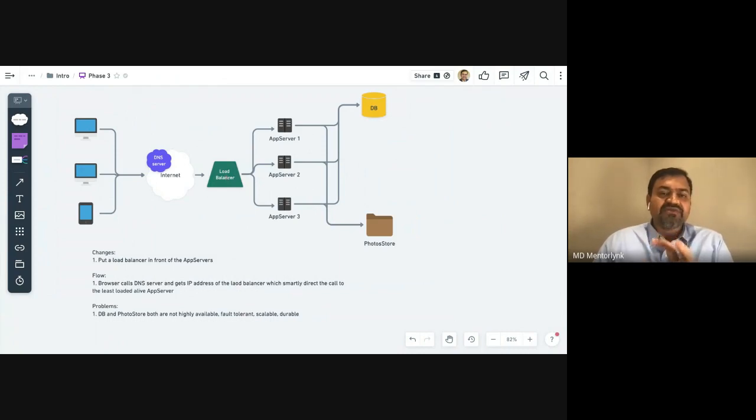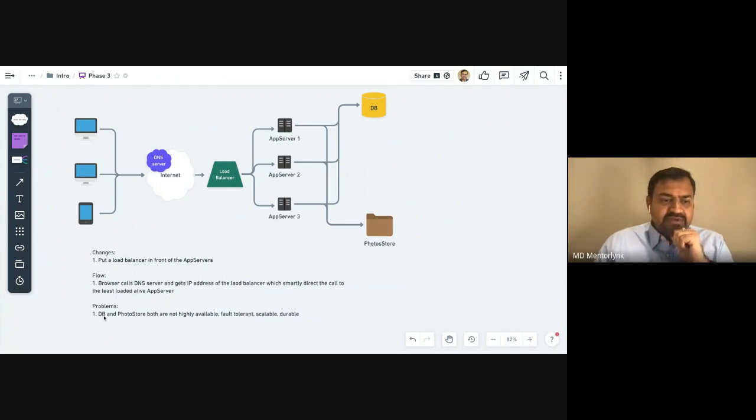So we have reduced that problem, right? Instead of just counting on the DNS server's routing algorithm, we have a dedicated load balancer, a little more sophisticated software component here, right? So that's a good thing. Also, we have more app servers, so we are not back to two. We have multiple, three or more, so that we can rotate and shard and load balance and do a lot of things. We get that when we have more app servers.